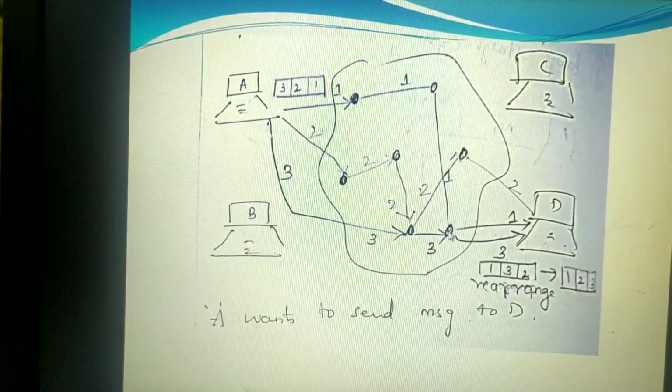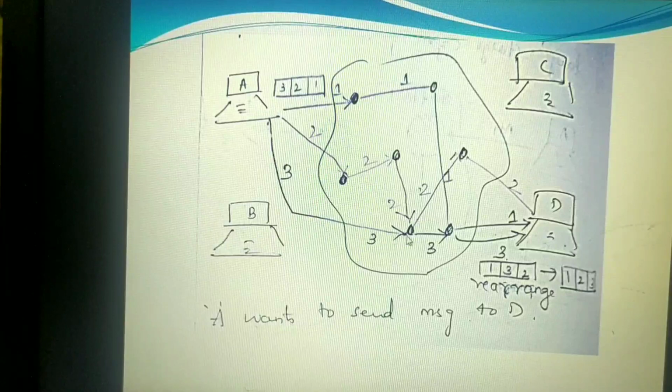The first packet may come to this switching office and then be forwarded to the destination. That might be the first packet. The second packet may take a long distance, from here it may reach here, then here, then here. Meantime, the third packet goes directly from here to this switching office, then it may reach here. Before the second packet arrives, the third packet might arrive at the destination first, and then the second packet may arrive at the destination.